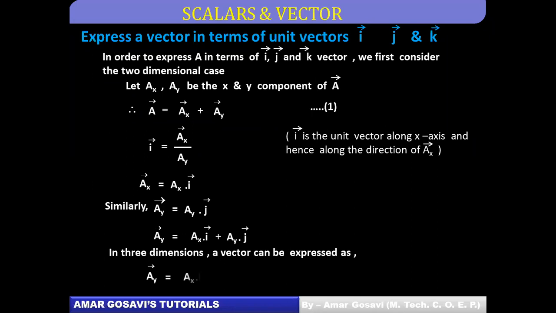So in three dimensions, a bar will be then represented as, okay, here the same mistake is being continued. So instead of ay, here it should have been a. Here also instead of ay, it should have been a. So a vector a represented in three dimensions is ax i cap plus ay j cap plus az k cap, where i cap, j cap and k cap, as per our discussion, are the unit vectors along x, y and z axis, friends. So this is how a vector is being represented.